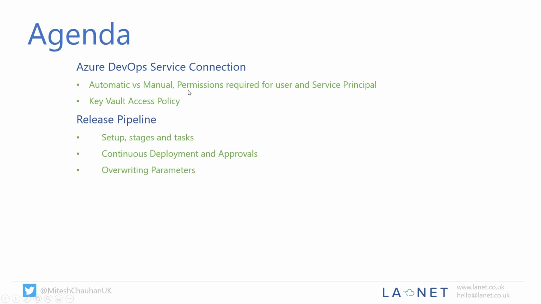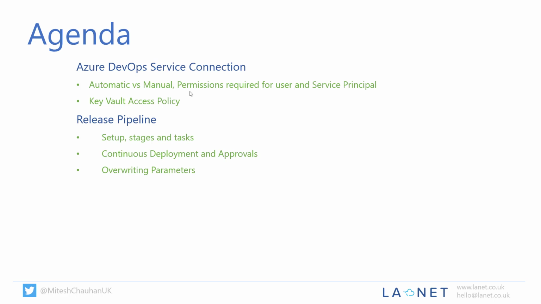So we'll look at the Azure DevOps service connection. How do we connect to Azure from DevOps? Because we're not using Visual Studio Code, we're not doing an interactive login with our username and password. So we need to set up something called a service principal, automatic creation versus manual. We'll look at the creation of access policies for that service principal, and then we'll go on to look at